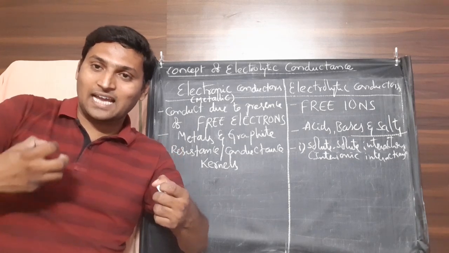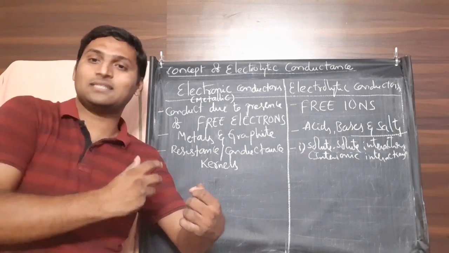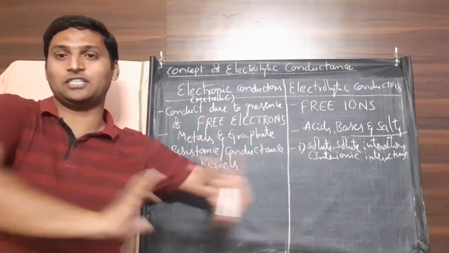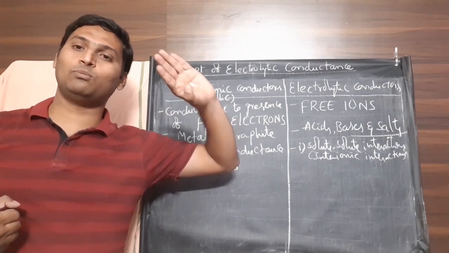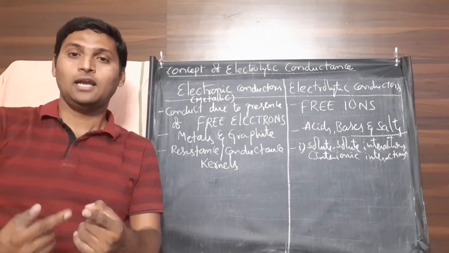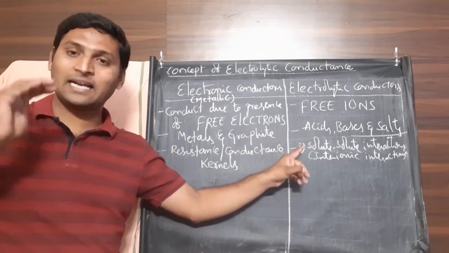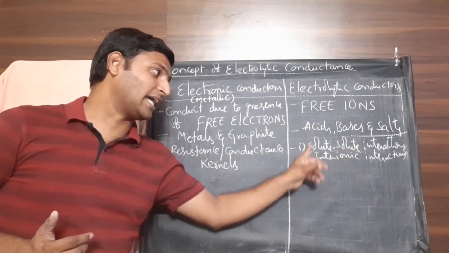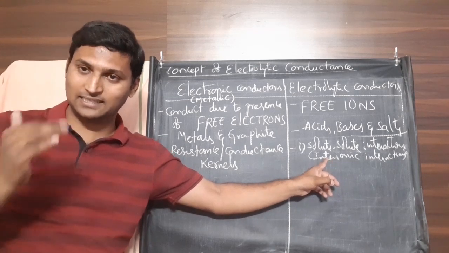If the cation is still able to attract the anion or show its influence on the anion, then it may slightly hold or control its mobility, its freedom. See, the cation is trying to still hold the anion, so the anion will not be able to move as fast as it really can, which is called ionic mobility. So if attractions are still stronger, ionic mobility will reduce. As a result, conductance will decrease. That means resistance will increase. So solute-solute interactions will increase the resistance, that means decrease the conductance.